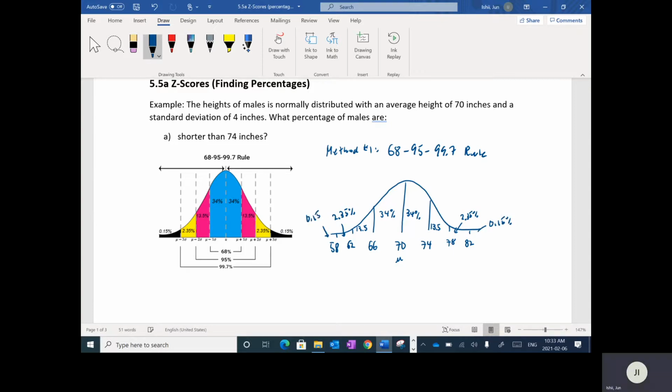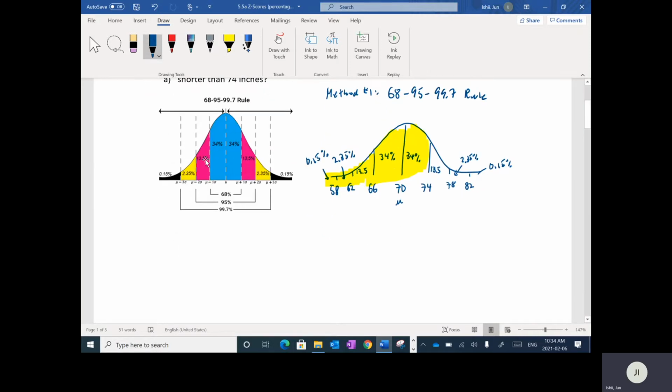All right. So to answer the question, it's asking what percentage, use the highlighter, what percentage is shorter than 74 inches. Okay, so 74 is right here. Basically, we're talking about this percentage underneath the curve. So I can add up these sections, 1, 2, 3, 4, 5 sections, or